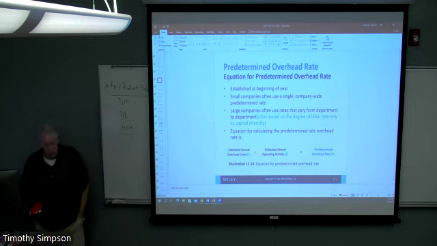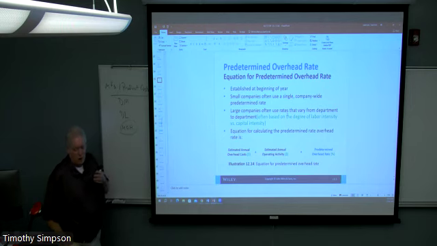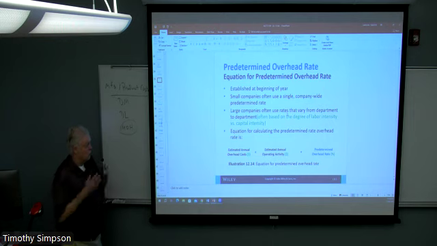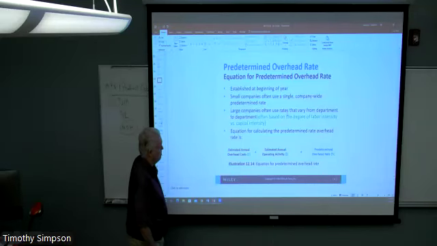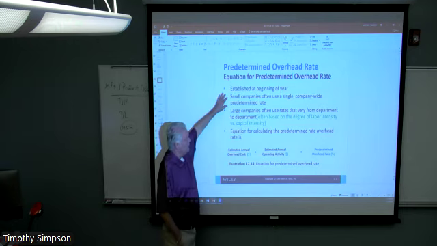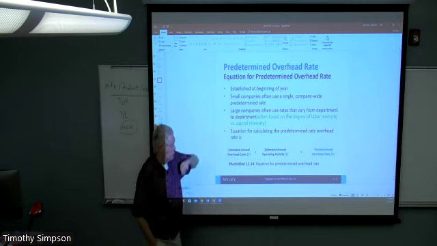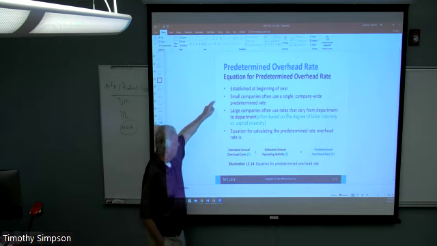And a lot of companies will do their budgeting in that fourth quarter of whatever fiscal year they are. Remember, companies have all kinds of different fiscal years or budget years. They don't always correspond to the calendar year. Sometimes they might end on March 15th or something. It's just whatever makes sense for their particular business. But they'll often do the budgeting function around the end of one year in order to project what's going on in that next year. And when we're talking about smaller companies, they might use one single overhead rate.